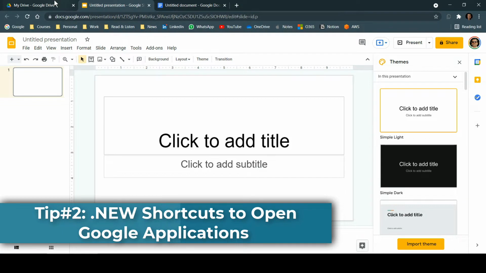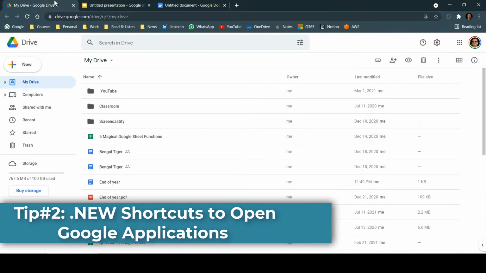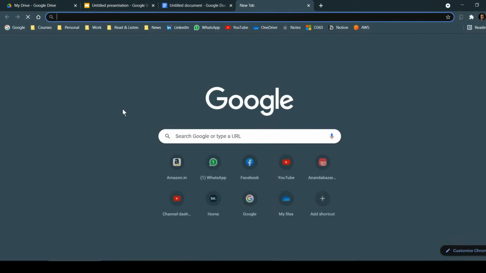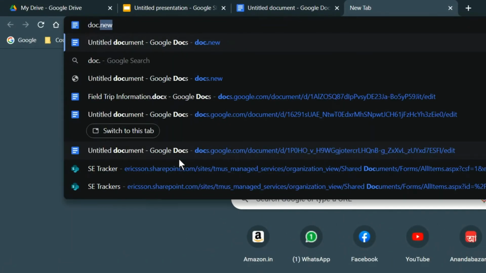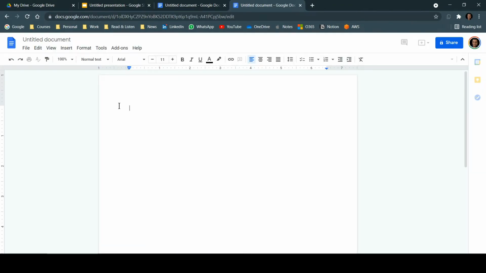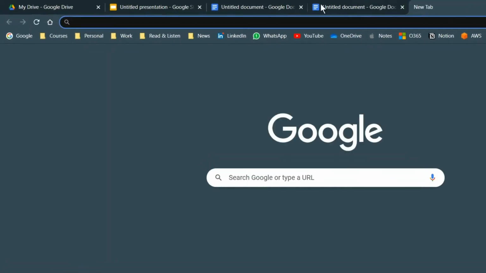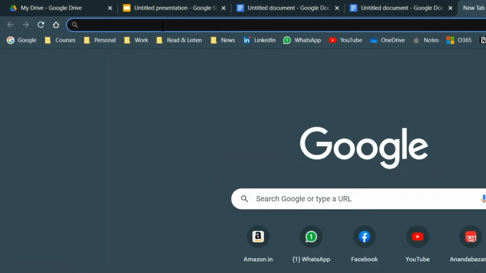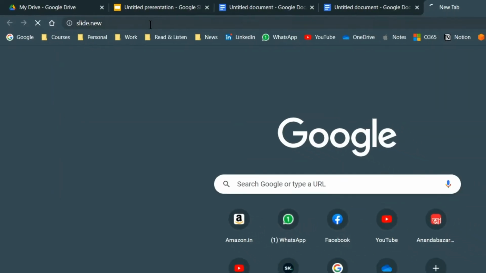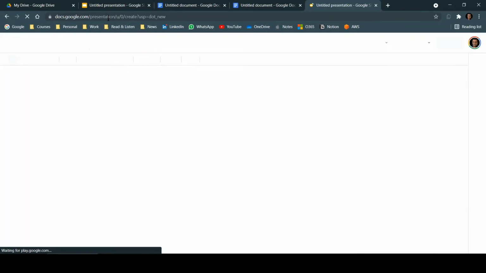Now similarly, another option is there. Those are .new shortcuts. So what are .new shortcuts? If I open a new tab and I just type doc.new and hit enter, it will open a new Google Doc file, and from there you can start working. Similarly, if you open a new tab and type maybe slide.new, it will open a new presentation.